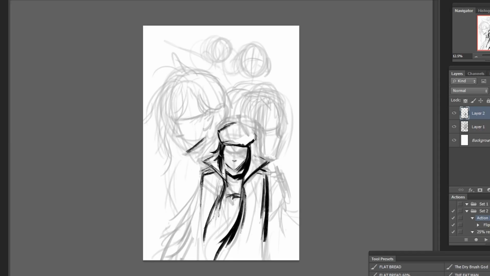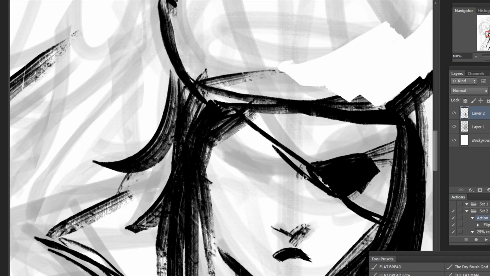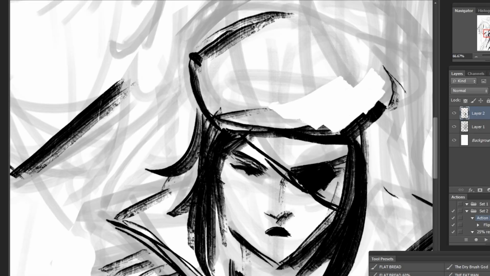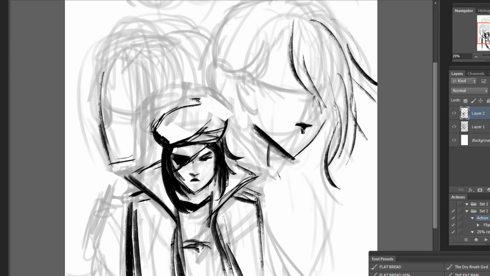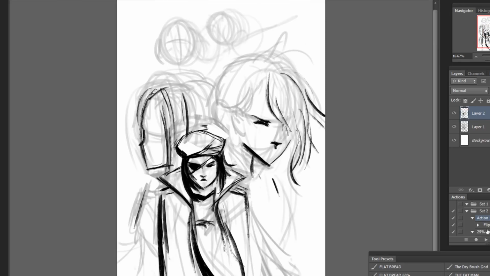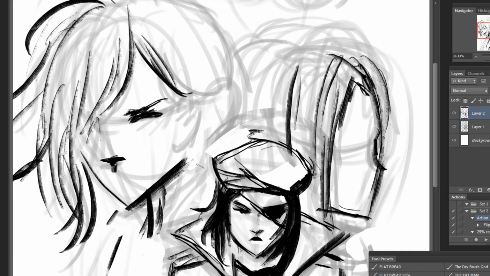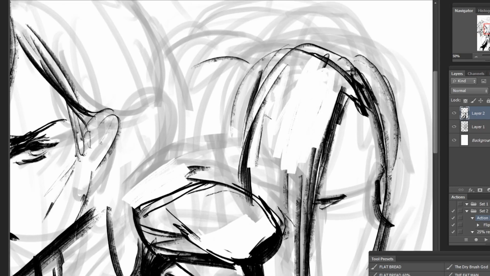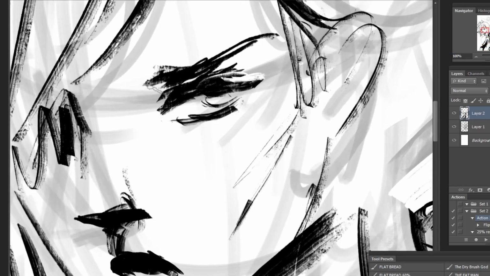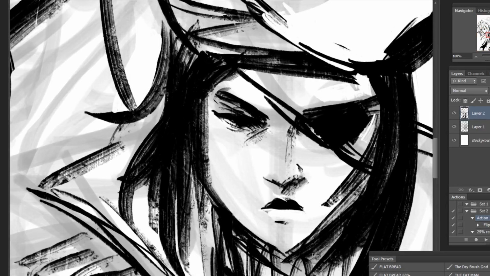This time around, I'll be showing you the full painting process of my Arcane piece of different characters from that show, in a different style that those who follow me will have known me for as well, but for the people who are just watching from YouTube, this is going to look quite different from my painterly style that I